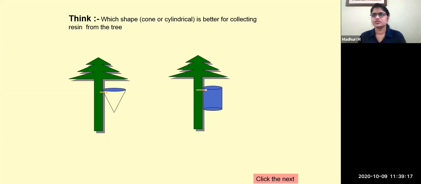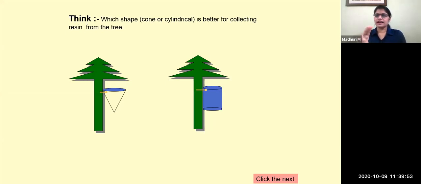Which structure is good? Either one of them is going to work. Okay, so the question is for you all, which structure is beneficial for the company? Okay, and the tree should not be damaged. So think on it. We know that the cone is very small. Comparatively, the volume of cone is 3 times the volume of cylinder. So of course, volume of cylinder is more, right? And what would happen if the volume of the cylinder is more? Of course, the weight, the pressure on the tree would be more, isn't it?